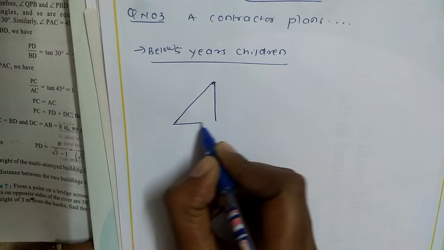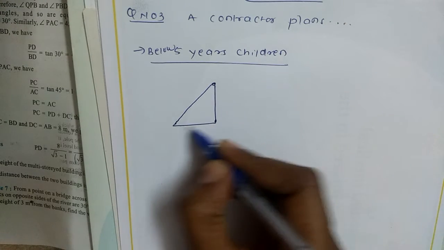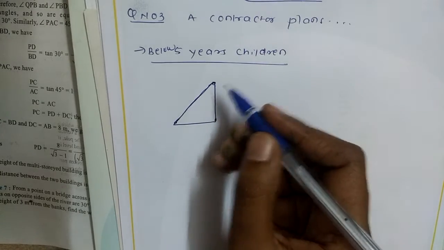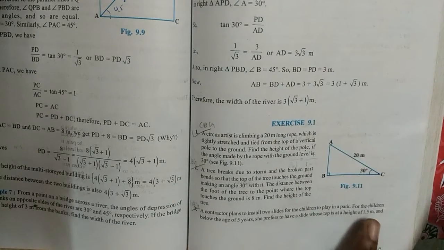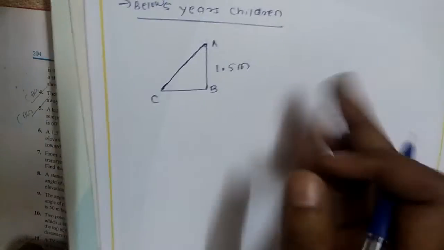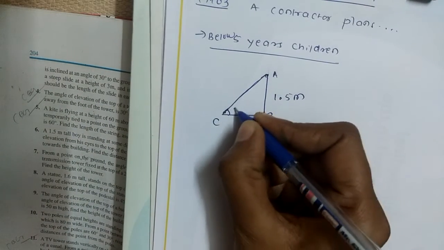So as we know, the total slide will be in the shape of a right angle triangle. Here there will be height, and here we'll have the horizontal to the ground, and here it is a slide. So we will name this as here AB and here C. So they're given that height is 1.5. So it is at height 1.5 meter. So next it is given that this slide, AC is a slide here, is inclined at 30 degree to the ground. So this angle C is 30 degree. So it is over now.